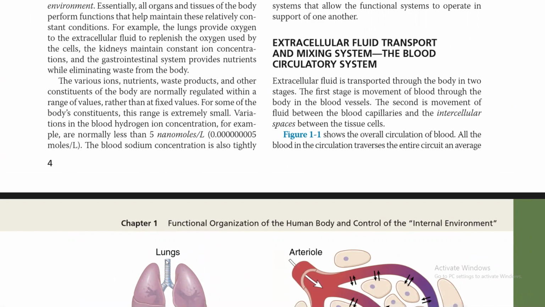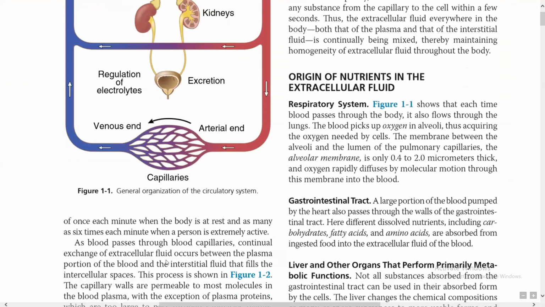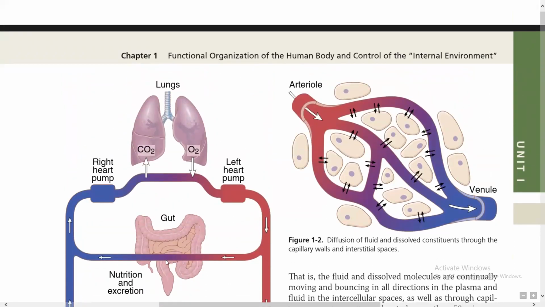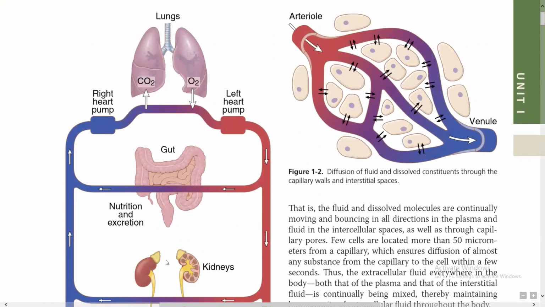All the blood in the circulation traverses the entire circuit an average of once each minute when the body is at rest, and as many as 6 times each minute when a person is extremely active. Okay, so over here, as you can see, from the lungs you get your oxygen, which is then pumped through the left heart into your body, and then it is being transported to the gut, and from there nutrition and excretion